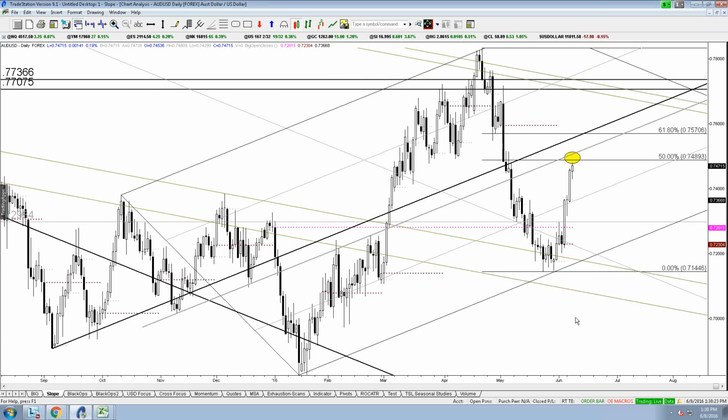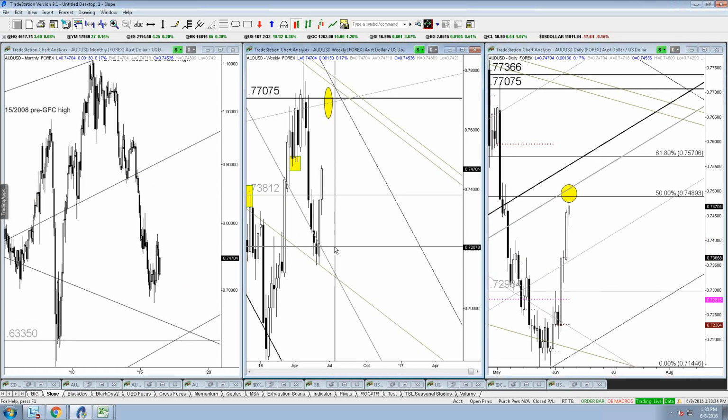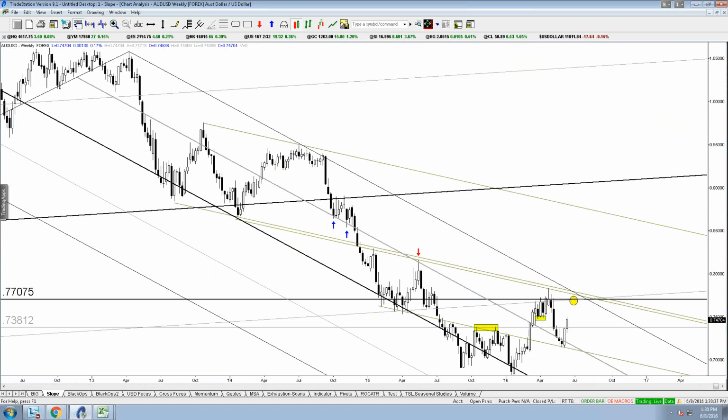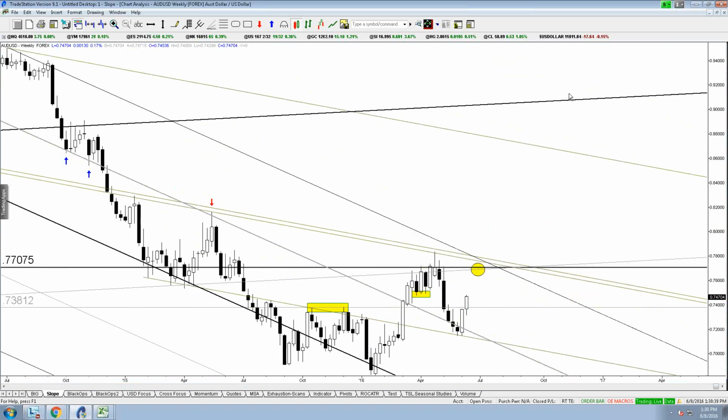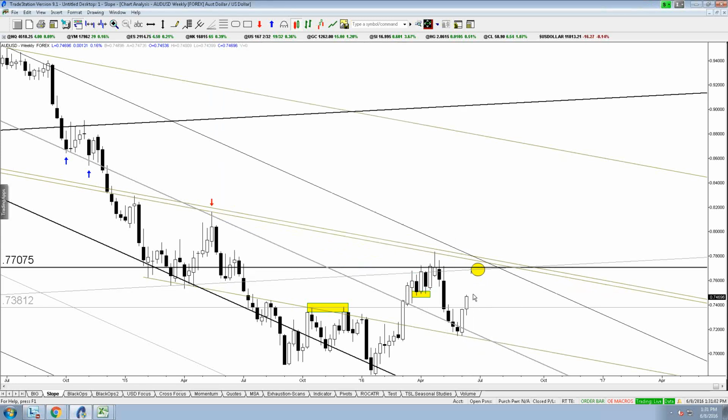Just because the euro low is in and the dollar index high is in doesn't mean the Aussie has made its low yet. The reason is that the Aussie is not even part of the dollar index. The ICE dollar index doesn't have the Australian dollar. The euro is 57%, and then you've got Japanese yen, British pound, Swedish krona, and Canadian dollar, which I think is 8%. So the only commodity currency in there is the Canadian dollar. But with this market, your minor resistance is basically the 75 region.